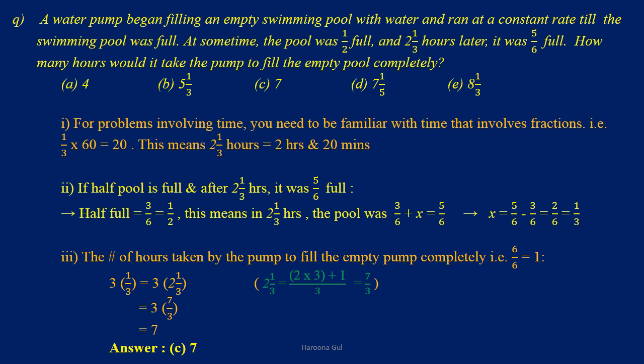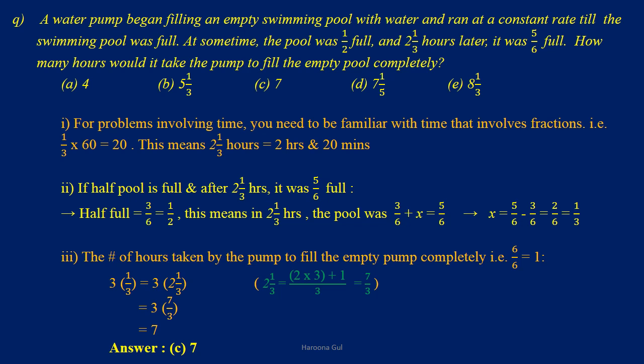Now, since we are assuming the total work to be 6 units, as can be interpreted by reading the question, half full in this scenario would be 3/6 or 1/2, which means 3 parts out of a total of 6. Therefore, in 1/3 hours, the pool was 3/6 plus x is equal to 5/6. Now, x is the amount of water filled into 1/3 hours, and to simplify it, we get